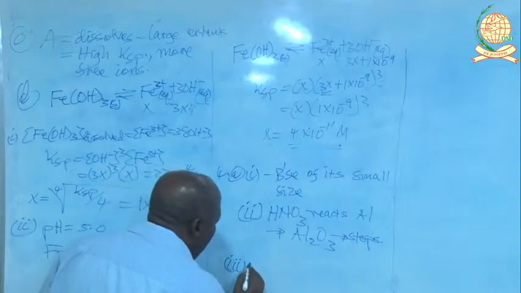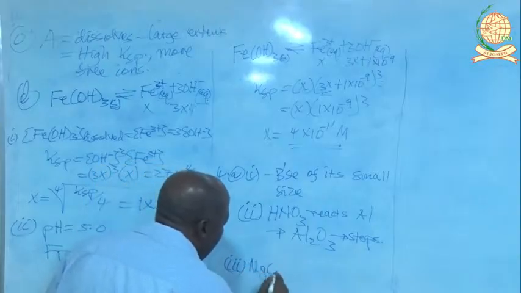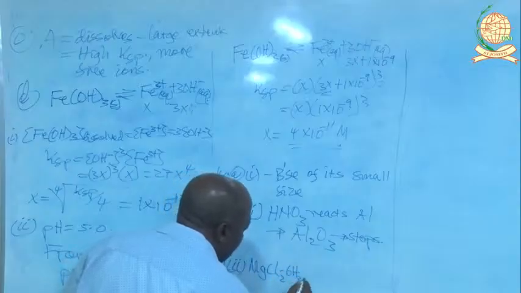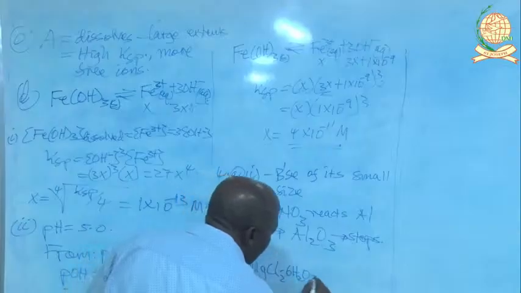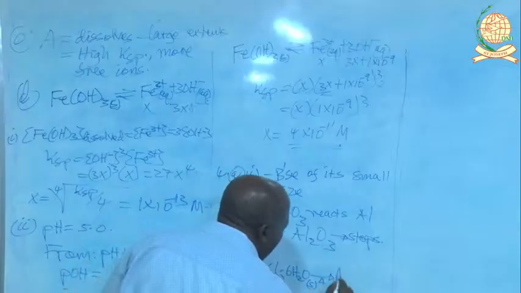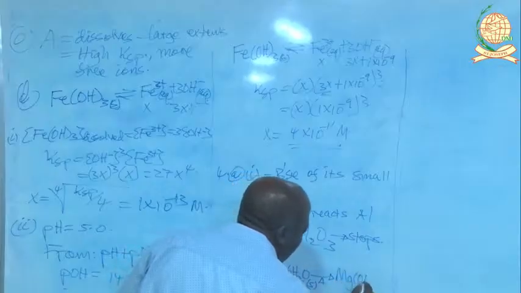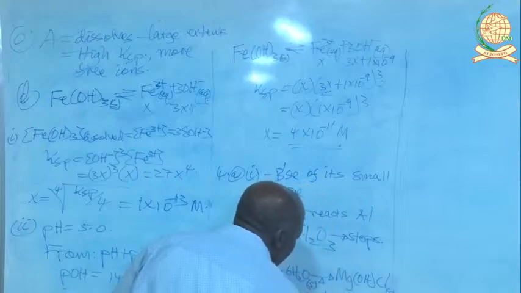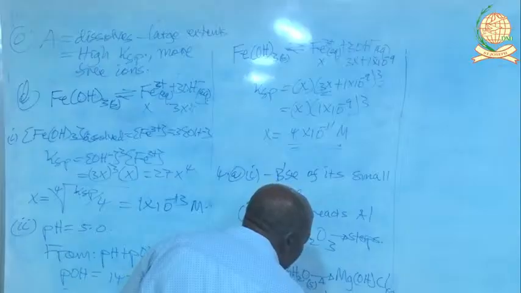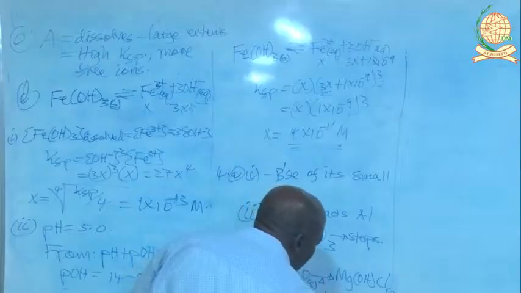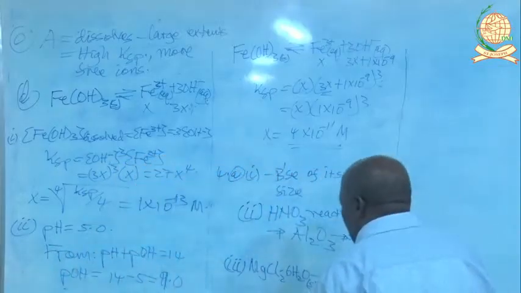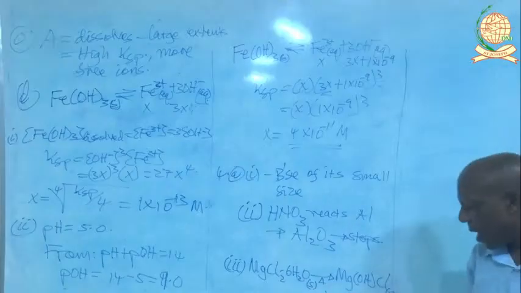This is because on heating, it will hydrolyze with one water molecule to form a basic chloride plus 5 water molecules plus hydrogen chloride. So the reason is that on heating, magnesium chloride hexahydrate hydrolyzes with one water molecule